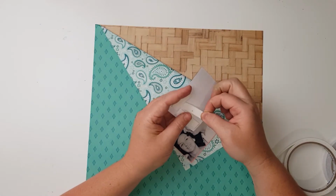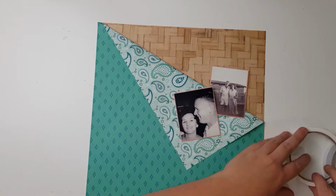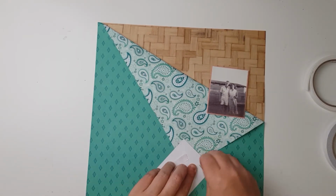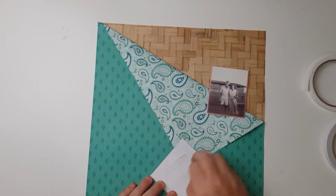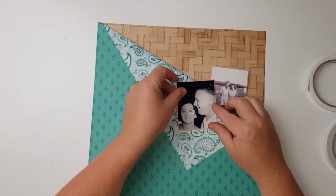Just didn't place my double-sided tape very well, so fixing that up. And then I'm going to add that close-up photo of the two of them onto the left there on a bit of an angle. So moving on next, I'm going to work out what I'm going to do in terms of embellishing and my title,